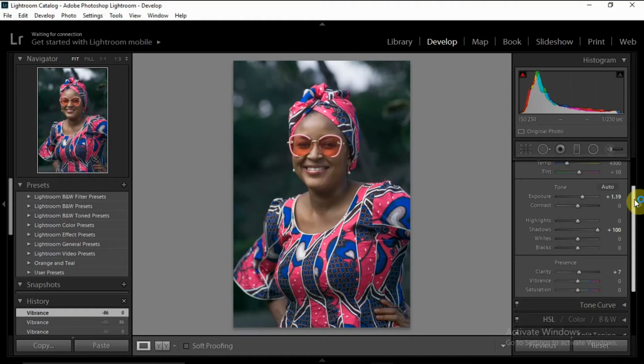Okay, so I have this image loaded up, and I know during your course of working with Lightroom, you might have asked yourself this very question: what is the difference between vibrance and saturation? They seem to do almost the same thing, but they're actually different. Okay, so the one thing you need to understand is that when you're working with